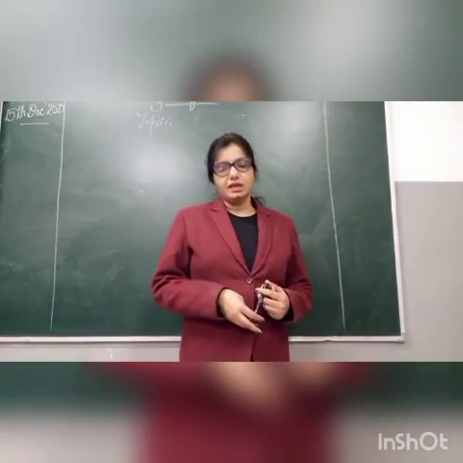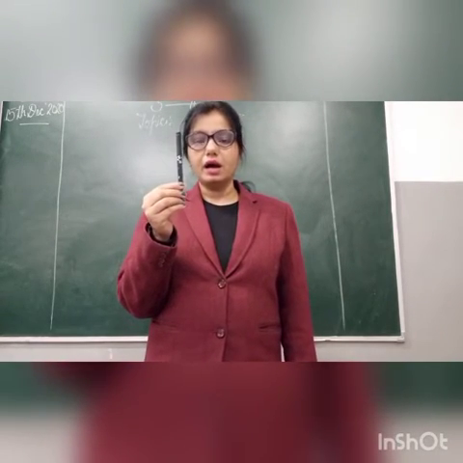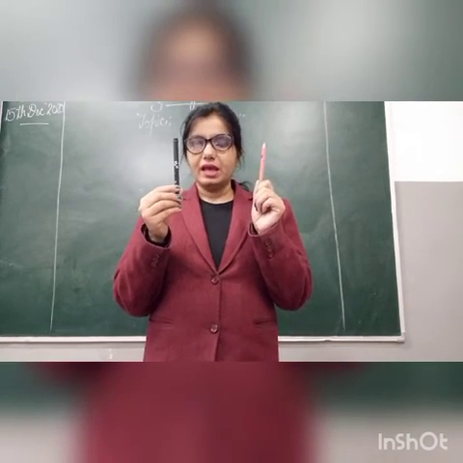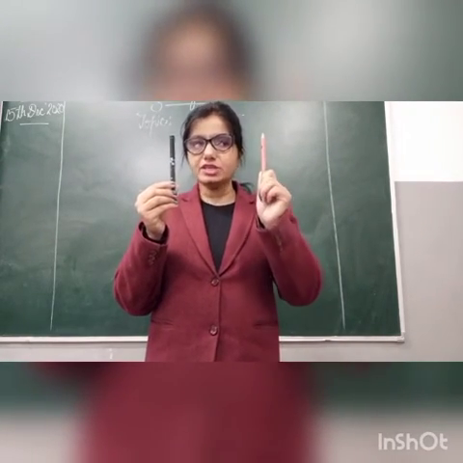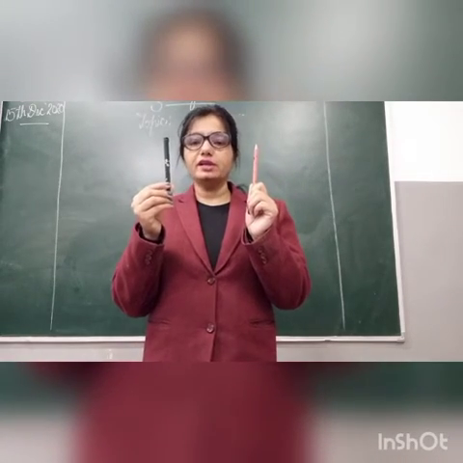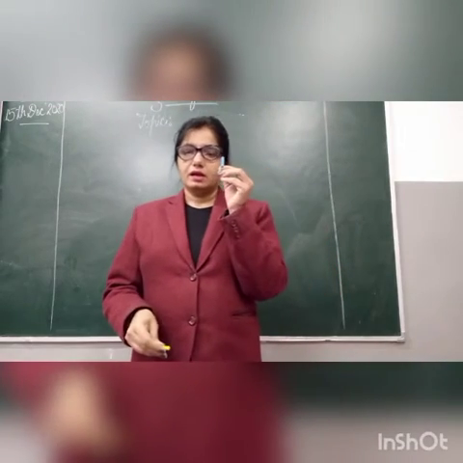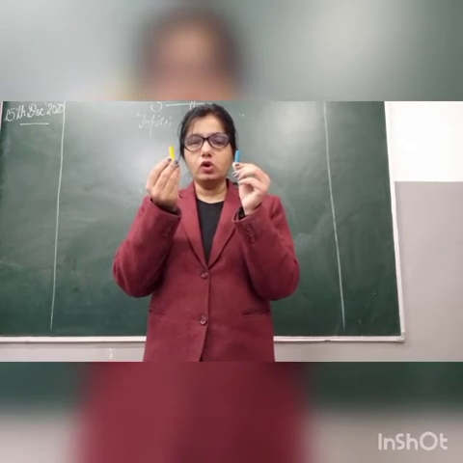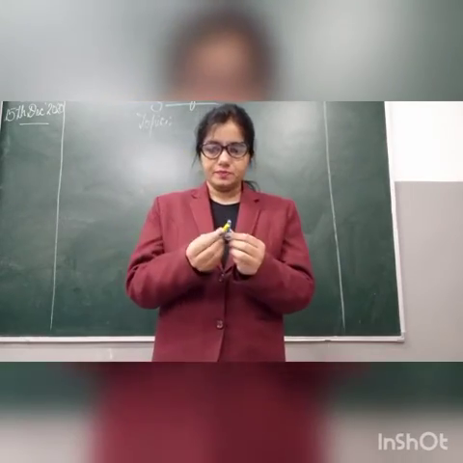So before starting, let's do one activity, right? What is this? I am having a pen, right? And this is a pencil. And when we say together, I have a pen and a pencil, right? I join these two words with and. Next, I have a blue color and a yellow color. Again, I used and to join these two words.